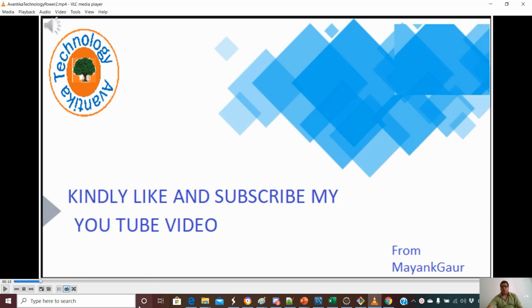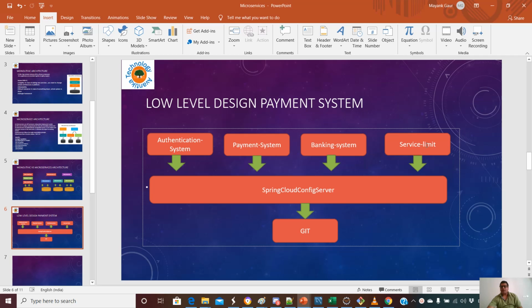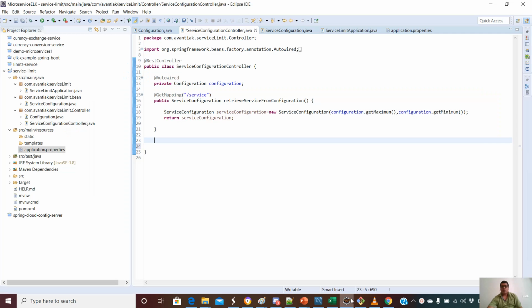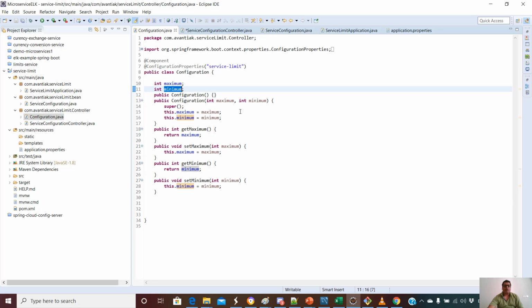Friends, in the previous section we looked at the in-service limit service when we are building. We have already made the service configuration controller, but here we have to retrieve some things. In the service configuration, we have the maximum and minimum limits of the service, and in the configuration we are having the configuration component and